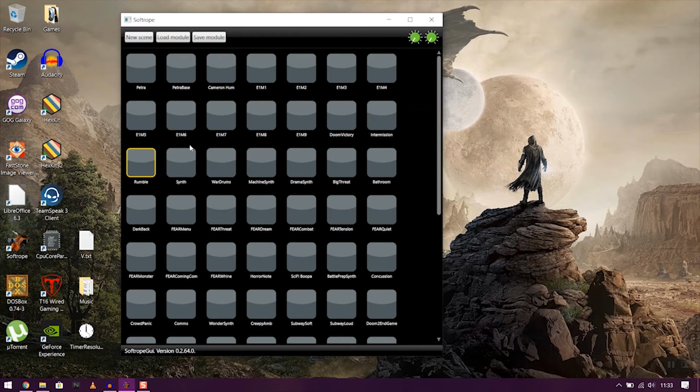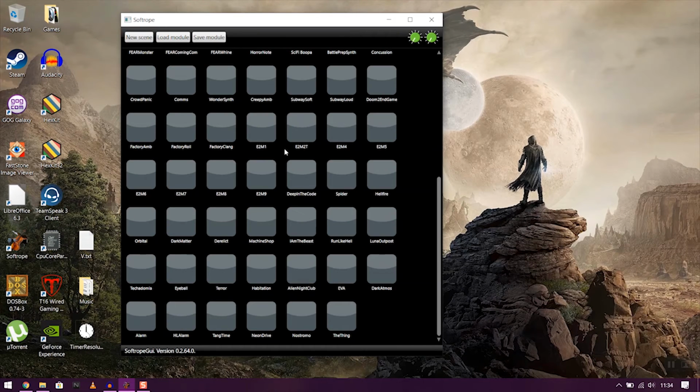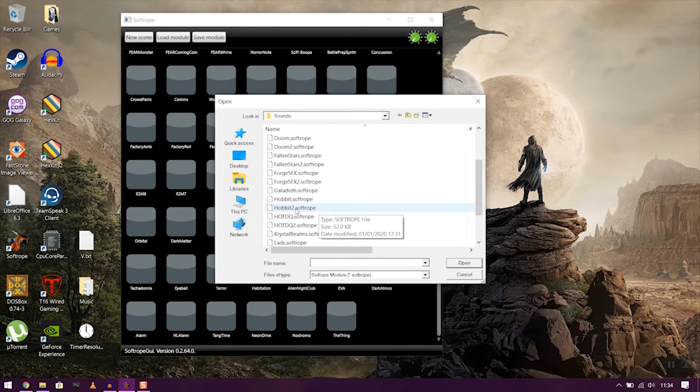So it's a really cool tool for mixing and matching different sounds together and allowing you to create a much more dynamic sound environment. It can be easy to get a bit distracted with this because it can do so much. You can get a bit lost building modules and sounds and creating a whole environment. It can get a bit much, but as a tool just to have in the background, it